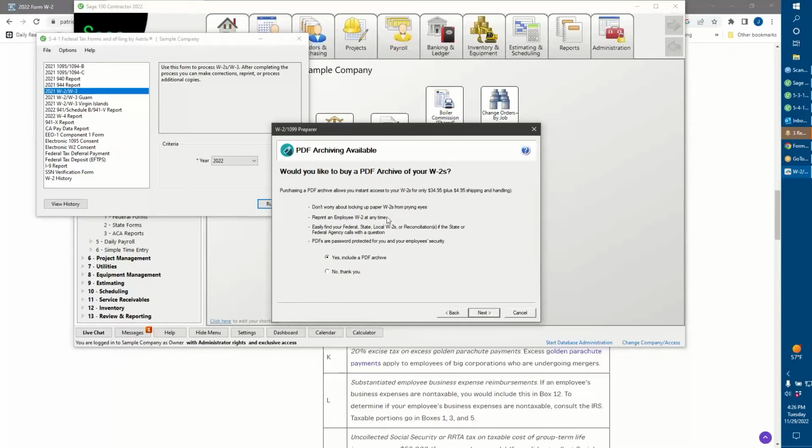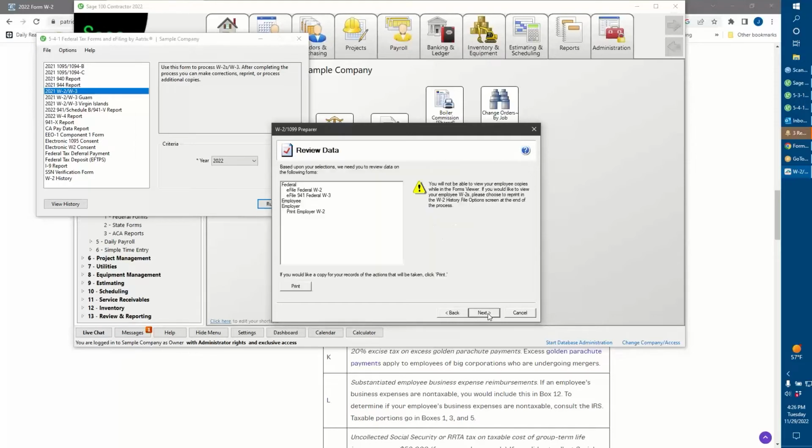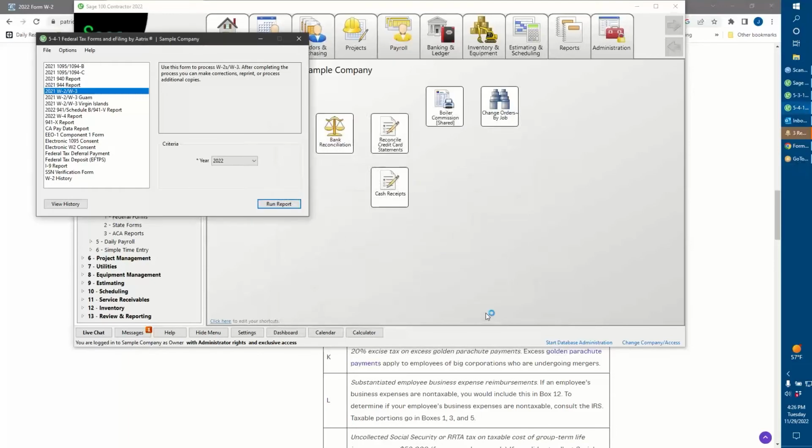Then this asks you if you want to buy a PDF for your W-2s. That's for 35 bucks. I think that's a little excessive. If you want it, it's there, and they will send it to you probably via email with a link. Okay, this is what it's going to print. Okay, it just says you won't be able to view your employee copies in the forms printer, et cetera. And we're going to go next.